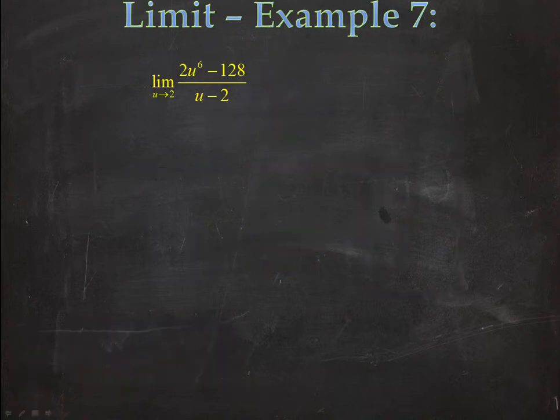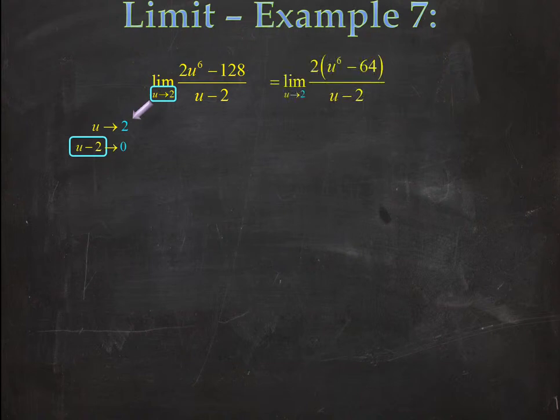So let's go and attack this problem just like we did the previous one. It's always good to see what will cancel out the 0 over 0. So I'll treat the arrow sign as an equal sign. I will now bring the 2 over to the other side. And so hopefully I will have a u minus 2 on the numerator and a u minus 2 on the denominator. We can see we already have a u minus 2 on the denominator, so factoring will help us with the numerator. I'll factor out a 2,